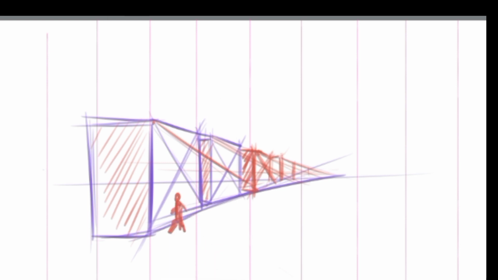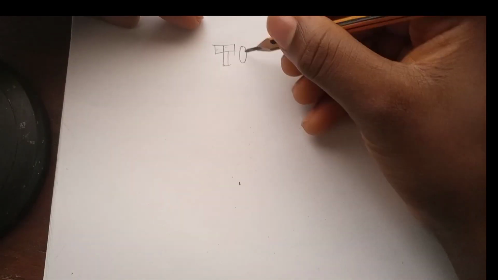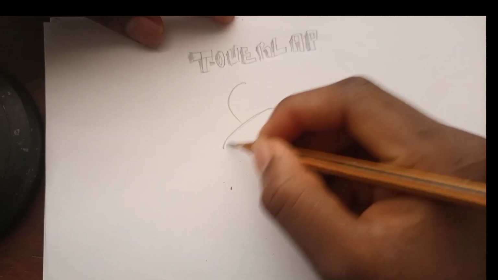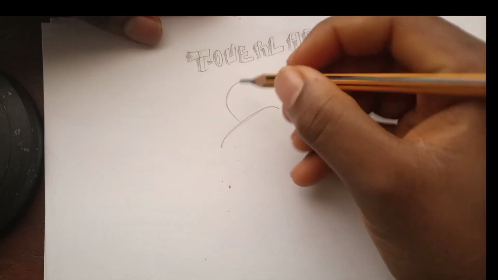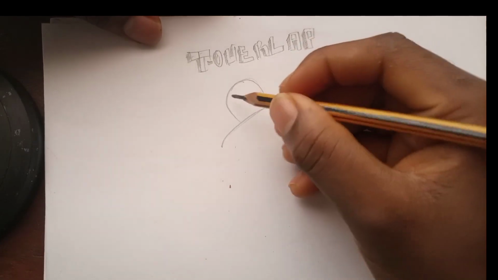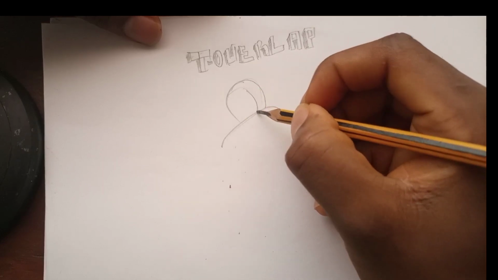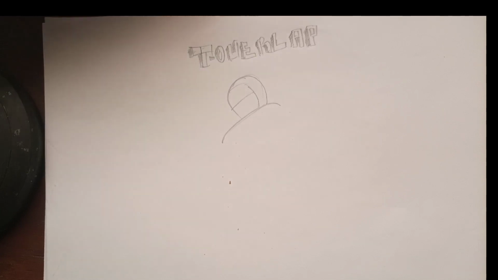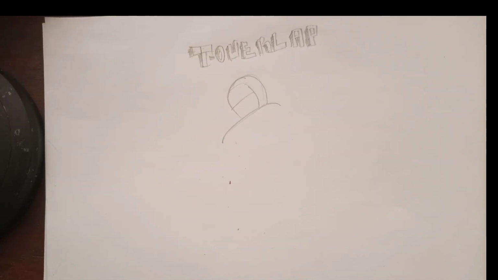So actually, perspective is one of the more interesting parts of drawing. I love doing perspective exercises. So now let's discuss the T overlap. What is the T overlap? Basically, the T overlap is a term used, something that helps us. It's a tool that helps us show depth in our drawings. So the reason why I am discussing T overlap with three-dimensional shapes is because they go hand in hand. If you want to become better at drawing, some things you need to